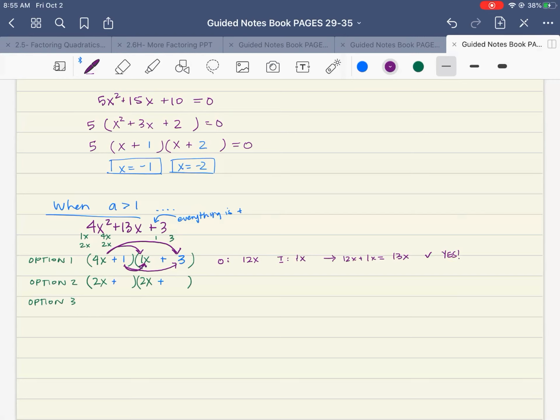So in this case, yes, this one works. That must be the correctly factored one. Now let me show you really quick what it looks like as we look at the other options. So again, let's say we used the 2x and the 2x, so I'm going to put the 1 and 3